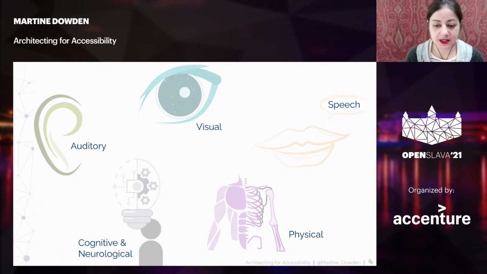And the last piece is cognitive and neurological, which are barriers that are a result of a situation or condition affecting the central or peripheral nervous system. And that can be injuries, but that can also be diseases. If you think of Parkinson's, for example, that would fall in that, or epilepsy as well, would fall in those categories.